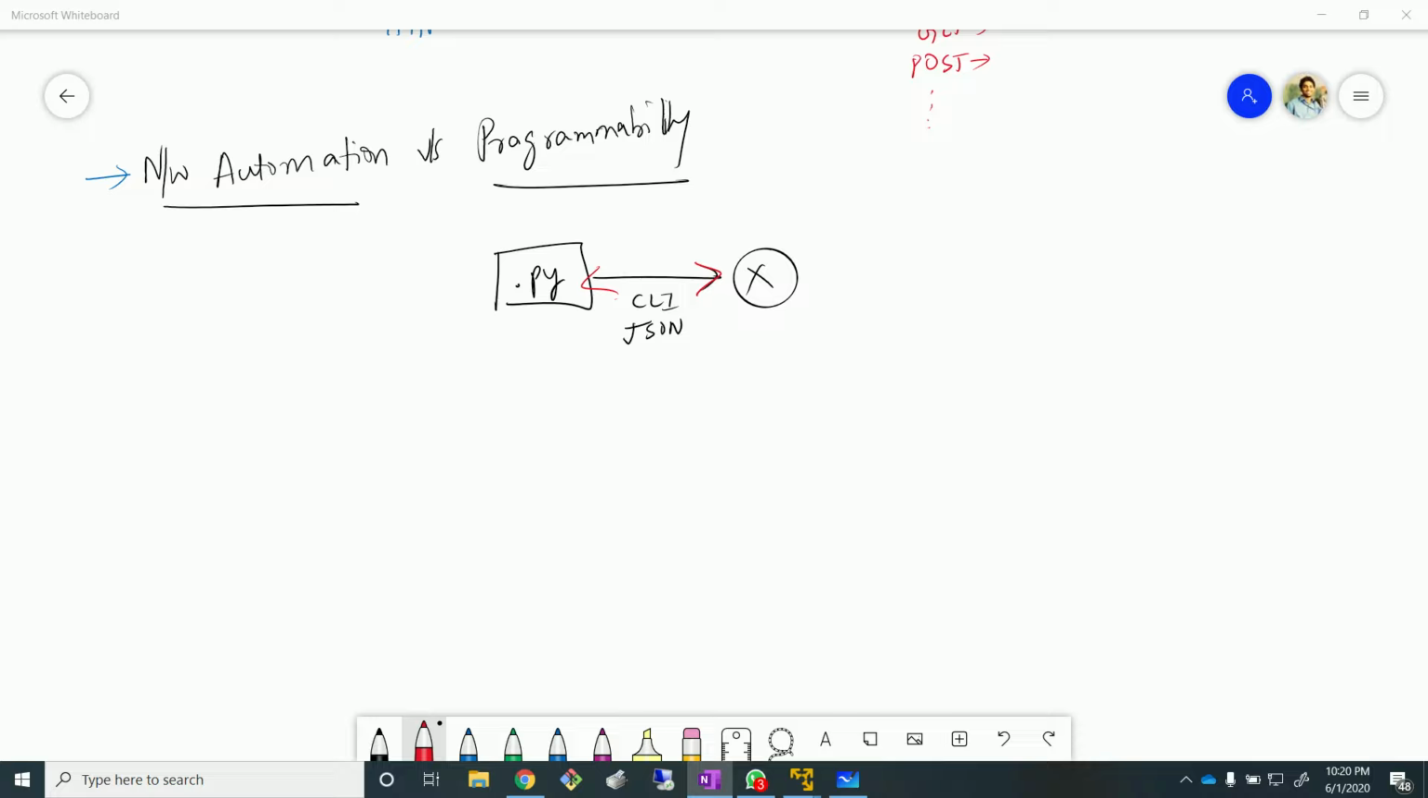But when you're talking about automation, it's a huge thing. When you're talking about network automation, you can't just build a small script, connect to a device, change the host name, and assume that you have actually achieved network automation. No. When you talk about network automation, some of the very important pieces which I would like to call out are,